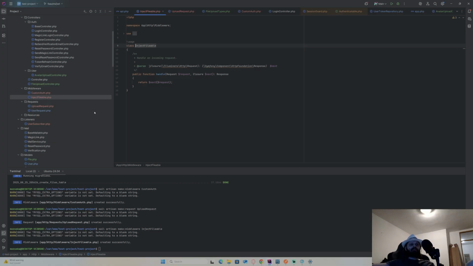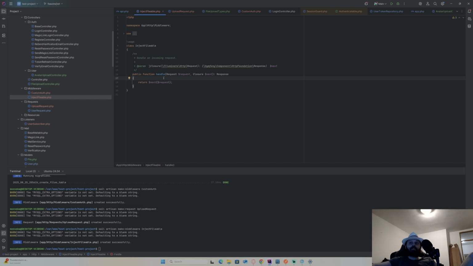Alright, inject fileable. Now I need to figure out how to actually get that and inject it back. In Symfony, there's a very easy way to do this. But in Laravel, I will have to do some experimentation first to see how things work. I'm kind of too tired now to do experimentation, but let's just try. First, I have this request, and now I'll have the route, and everything that's in the path is going to be in that route, right?